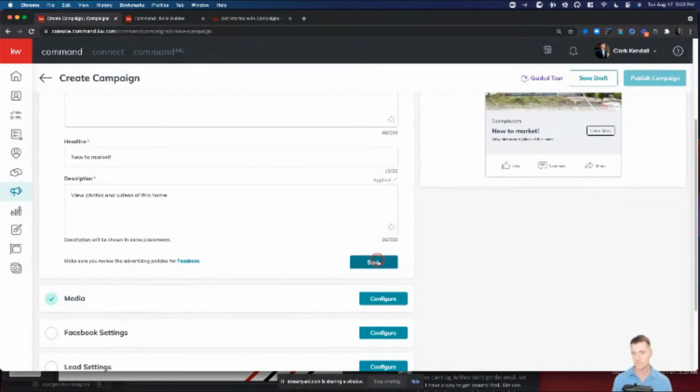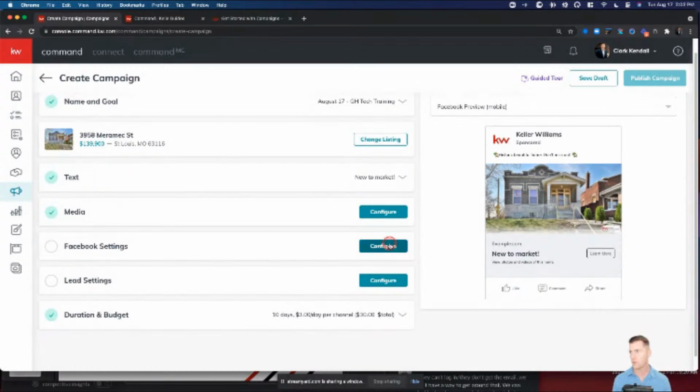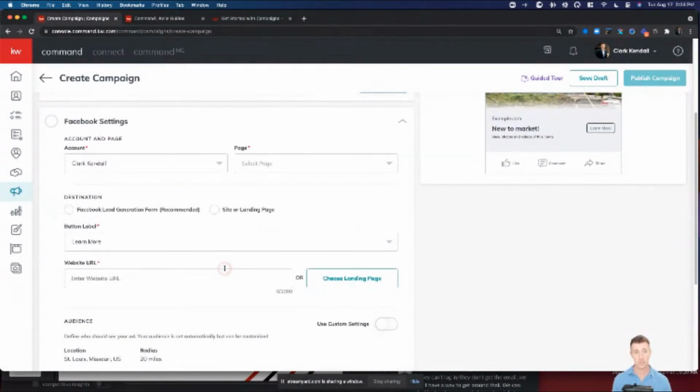So fill out all those. We'll save it. And then we'll go to, I've got some nice green check marks. Let me know I'm progressing through. I'm going to click on Facebook settings here. And this is where, as long as you've connected your relevant social media or Google ad accounts, this is where we connect them. So for Facebook here, one little question that we do get here when you are connecting,